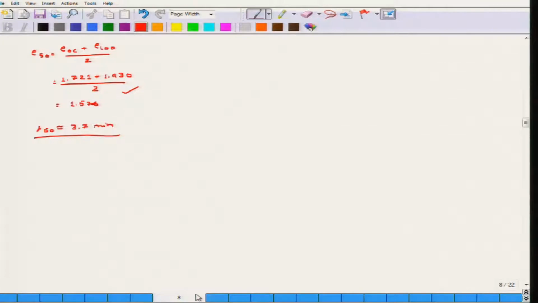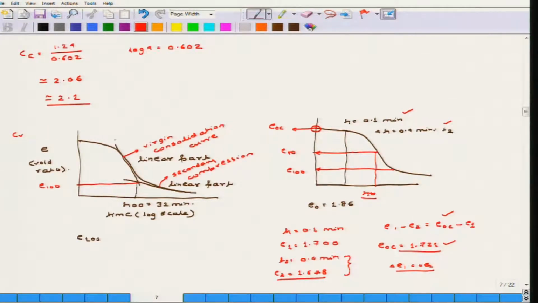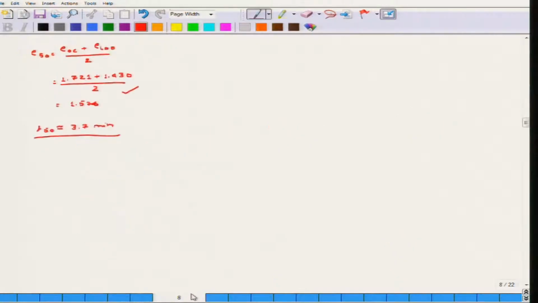Now, for T90 you can also find T90. In that case, you first have to draw a line that is 1.15 times the x part, and see where it intersects the curve, and from there you can find the value of T90. Now, how do we find the coefficient of consolidation? The coefficient of consolidation can be found because the height of the sample